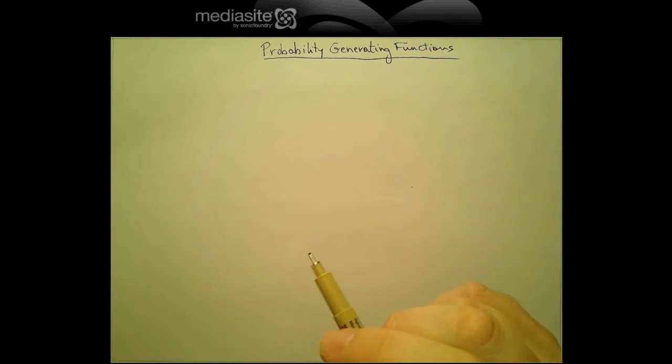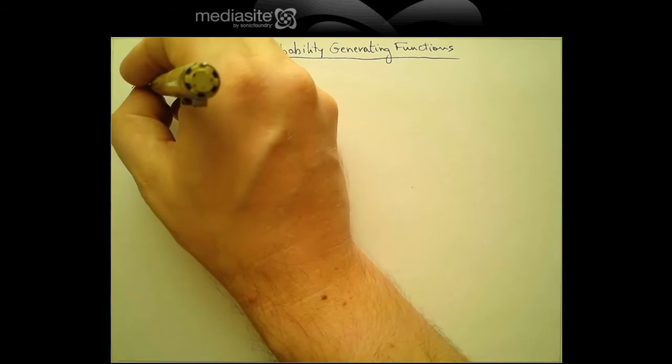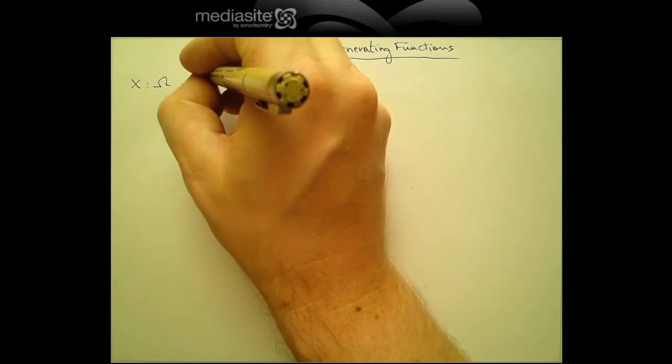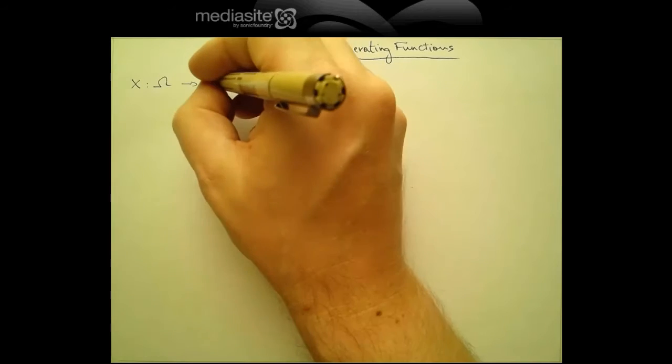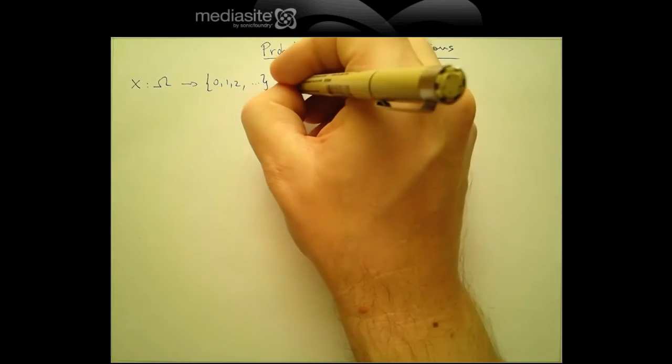Okay, so probability generating functions. These are functions that encode everything you need to know about a random variable. However, the random variable has to be discrete, and for simplicity, let me assume that it takes values in the integers 0, 1, 2, etc. So I have a random variable X,